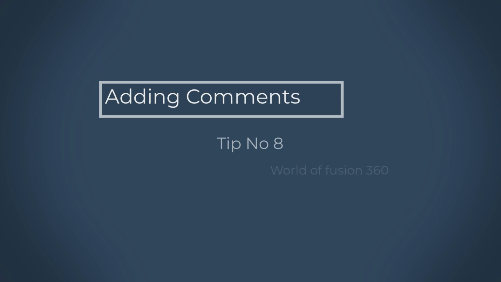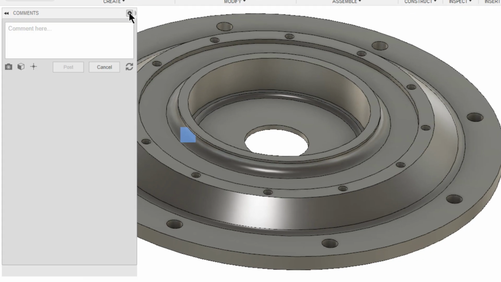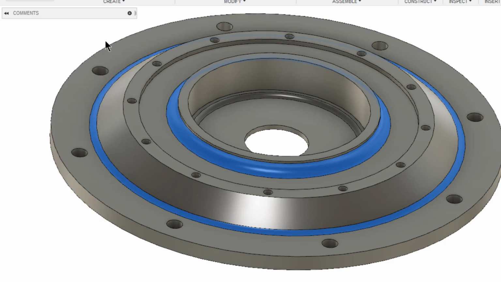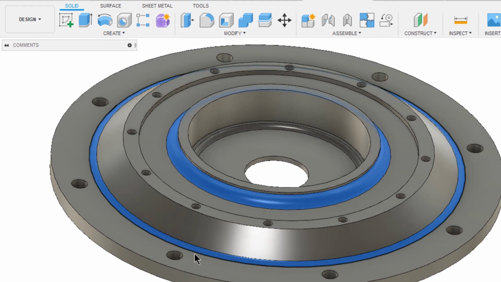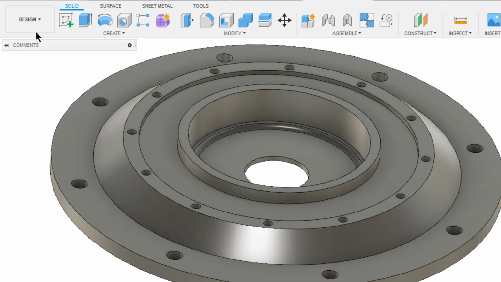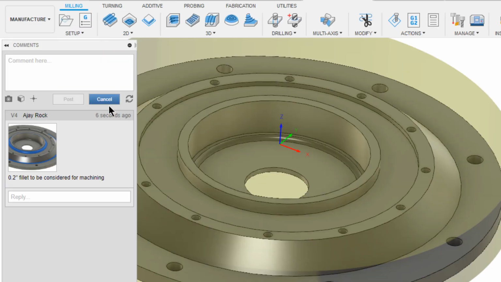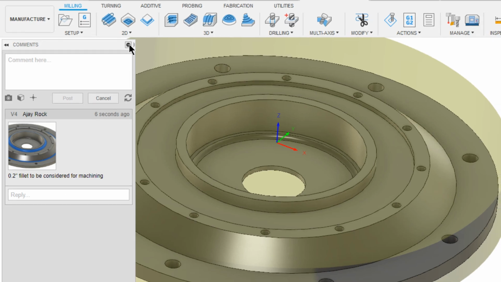Hey, this is very handy that everyone must use. If you notice here, there are two fillets on the top side. Let me select them and capture it. Let's add comment of that fillet radii or whatever you want and just post it. Anyone who receives this document will know that they have to pay attention there. For manufacturers, we can delete them and we could know that there was a fillet when we switch to manufacturing. Just love learning new things. Proceeding forward.